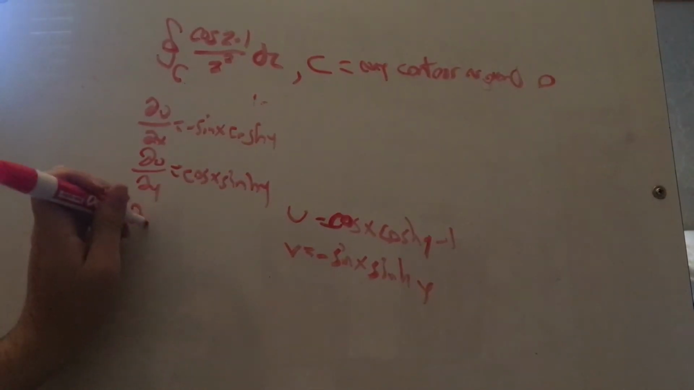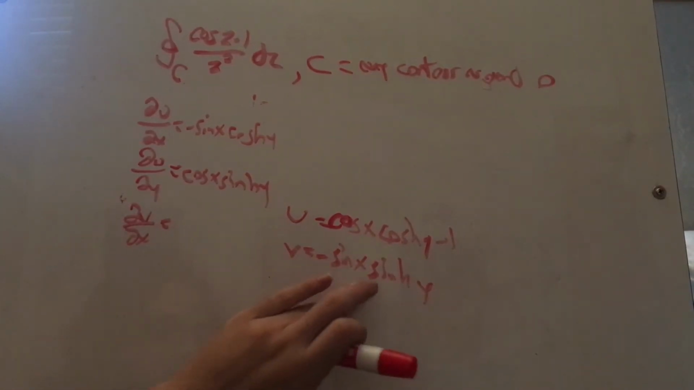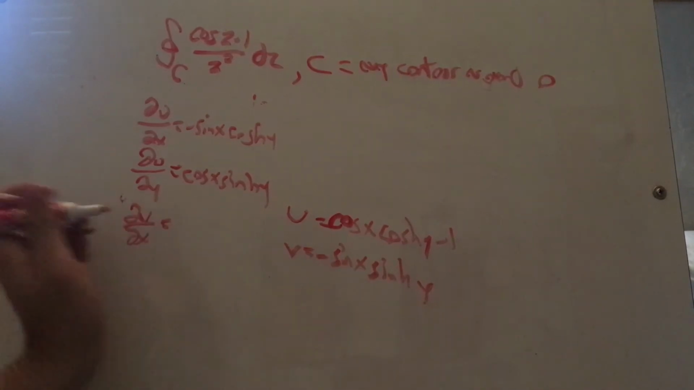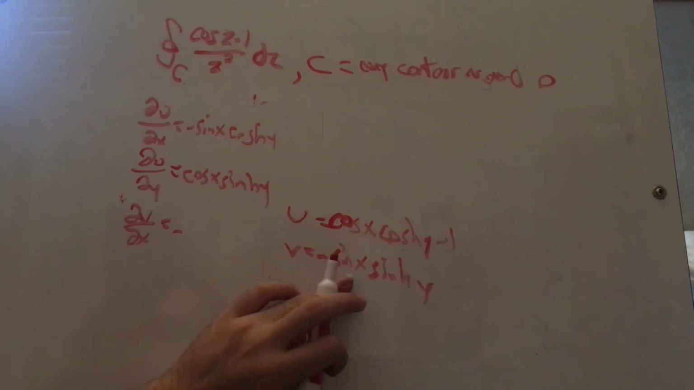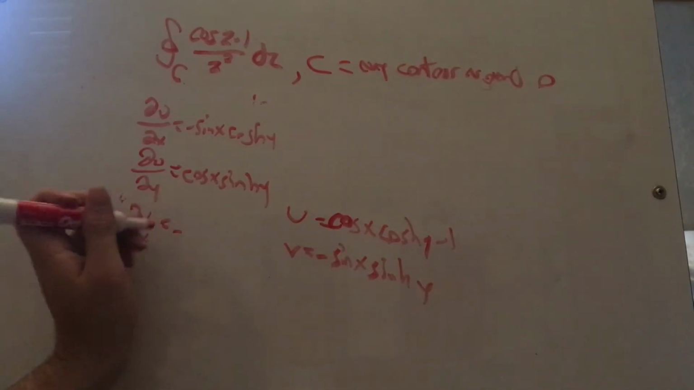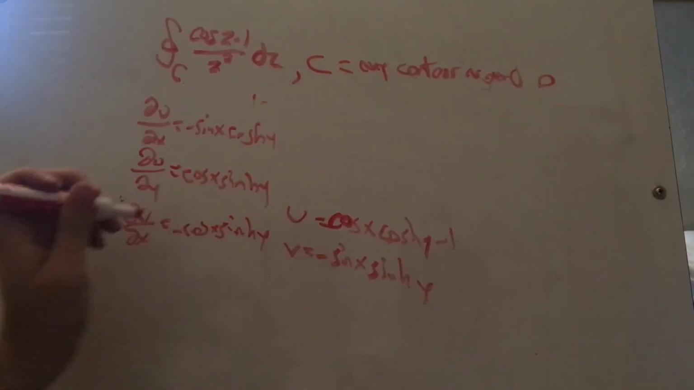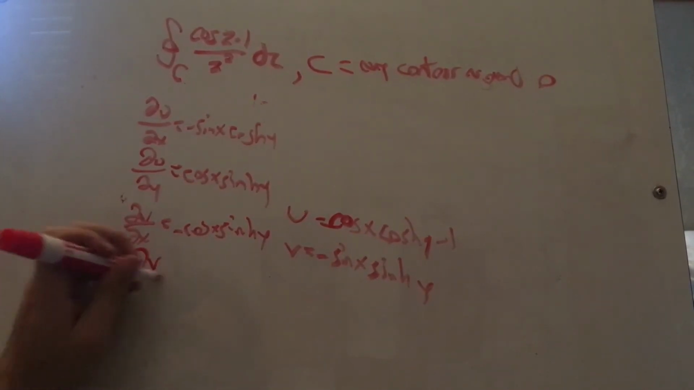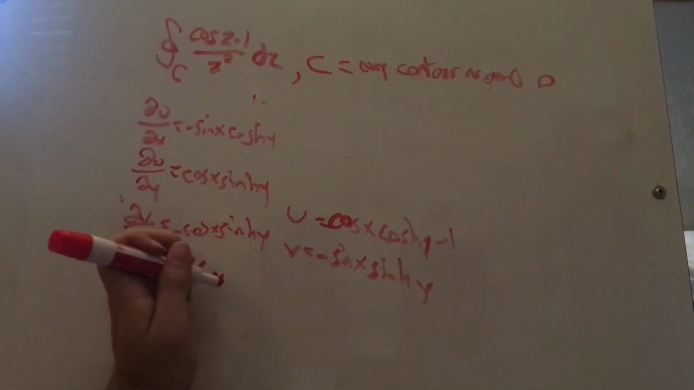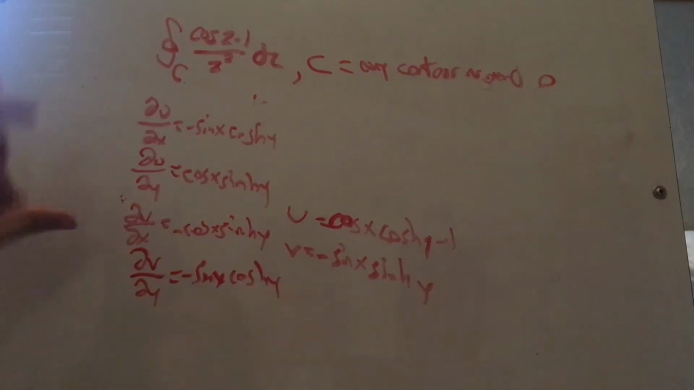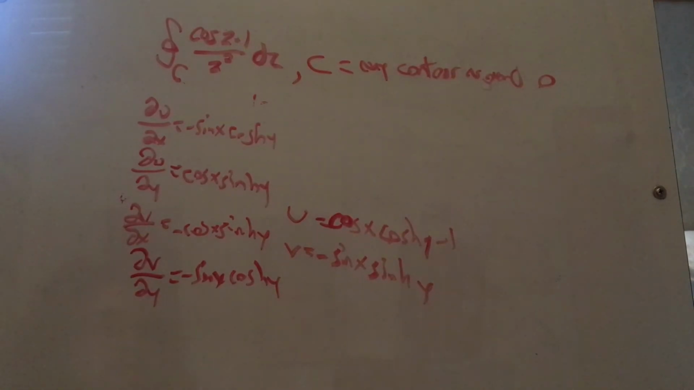And then dv/dx: the negative stays, sine x becomes cos x, hyperbolic sine stays. Sorry, this is dx, so it is negative cos x hyperbolic sine of y, and dv/dy is negative sine x hyperbolic cosine of y. So these are negatives of each other, and that means that cos z minus 1 is a